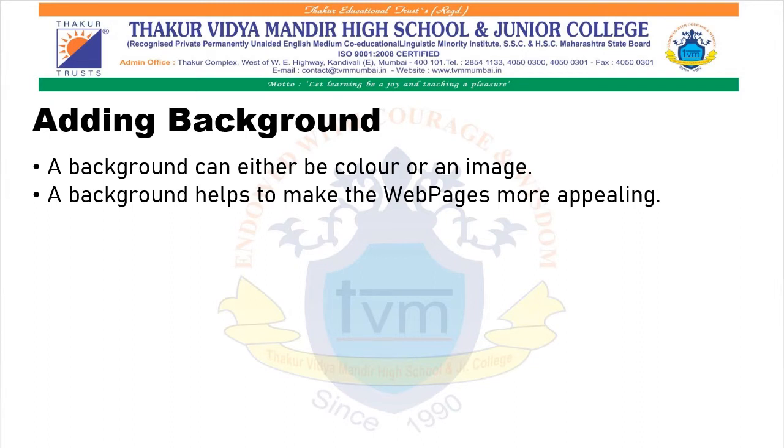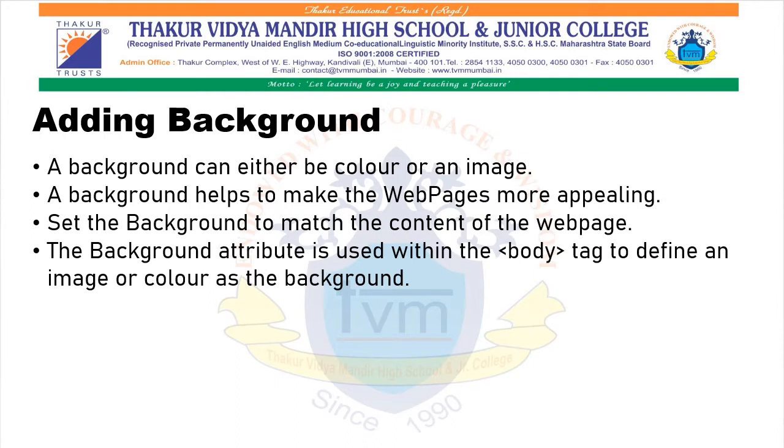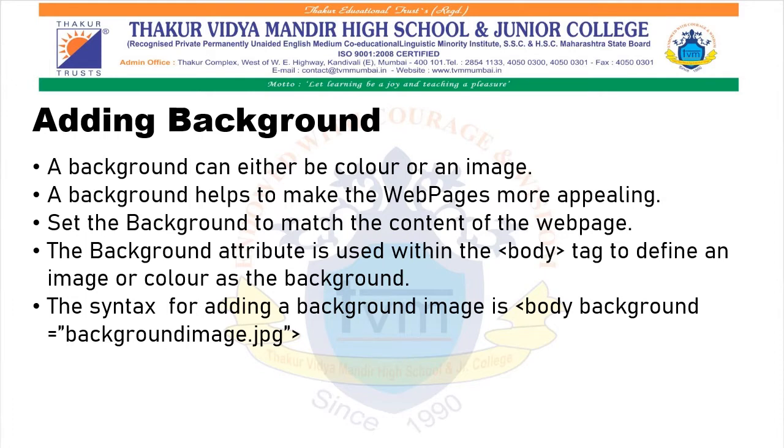The background attribute is used within the body tag to define an image or color as the background. The syntax of adding a background image is: open body tag, background, that is your attribute, equals to "background image.jpg", close. This .jpg indicates that the background will have an image, while the syntax for adding color to the background